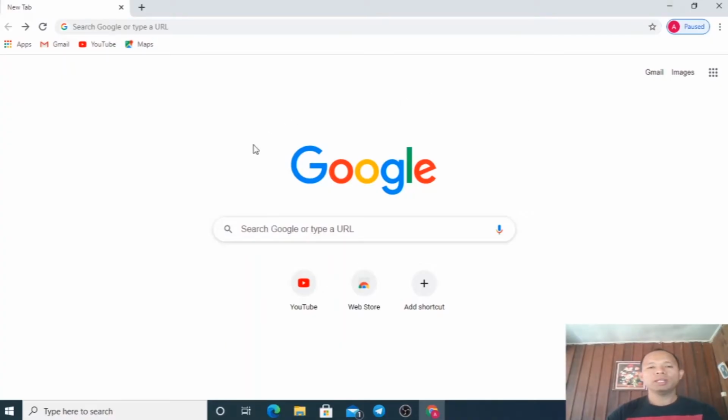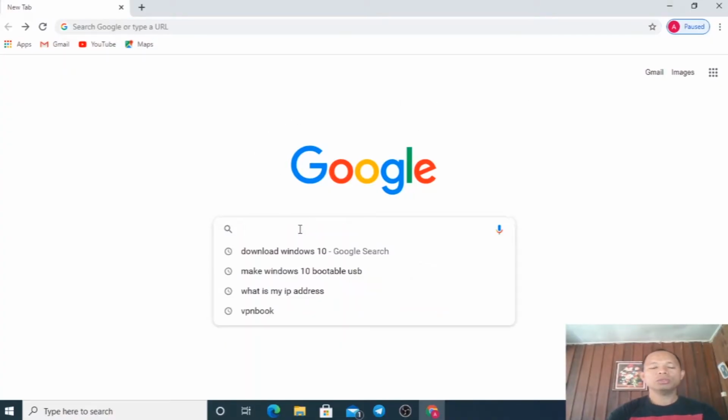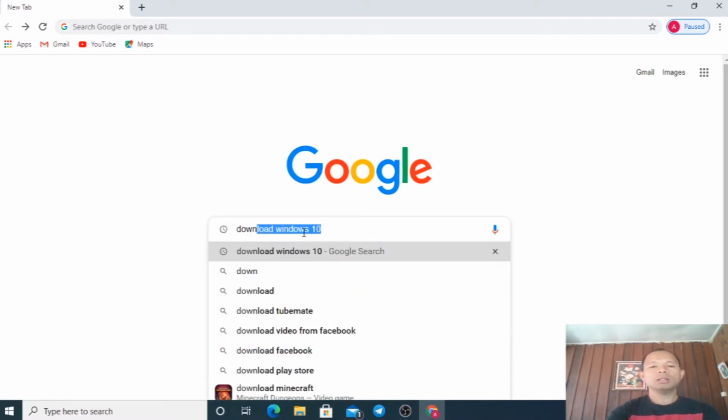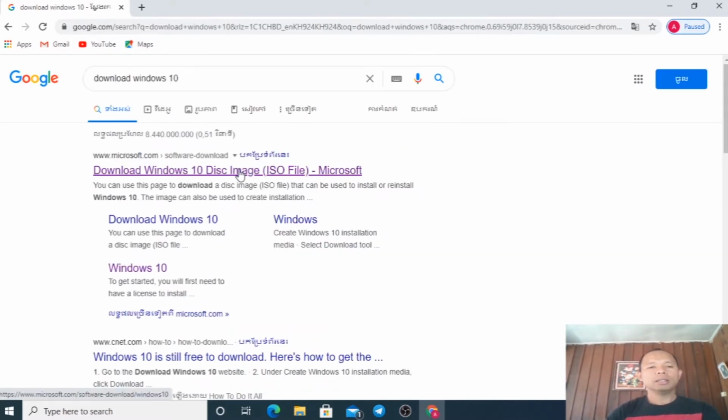So after you open the web browser and then in Google, you write down download Windows 10, and then here you click the download Windows 10. This image ISO file. Yeah, click here,